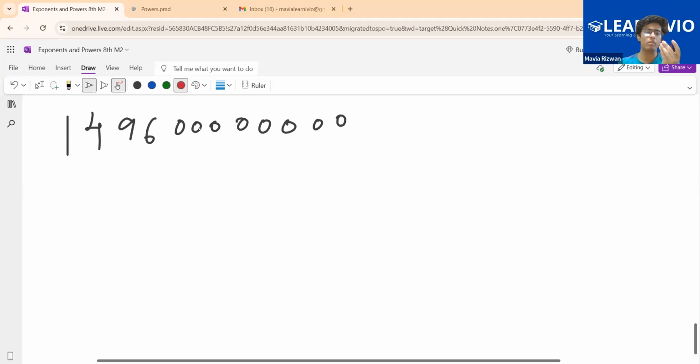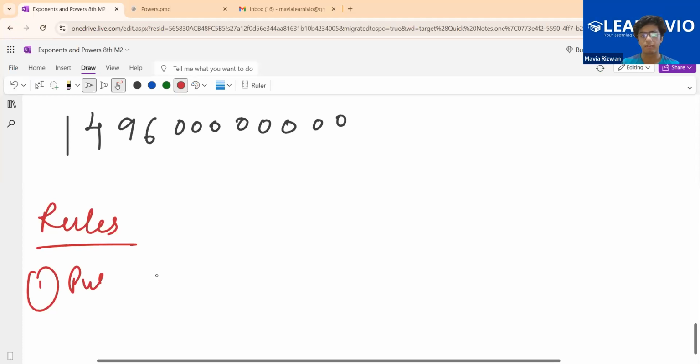Now actually we need to express these big numbers in a smaller way. How to do that? Let's see. The way of doing that is I will put a point after the first digit, and the first digit should not be zero. So I'll write the rules here. Rules: put the point after the first digit,